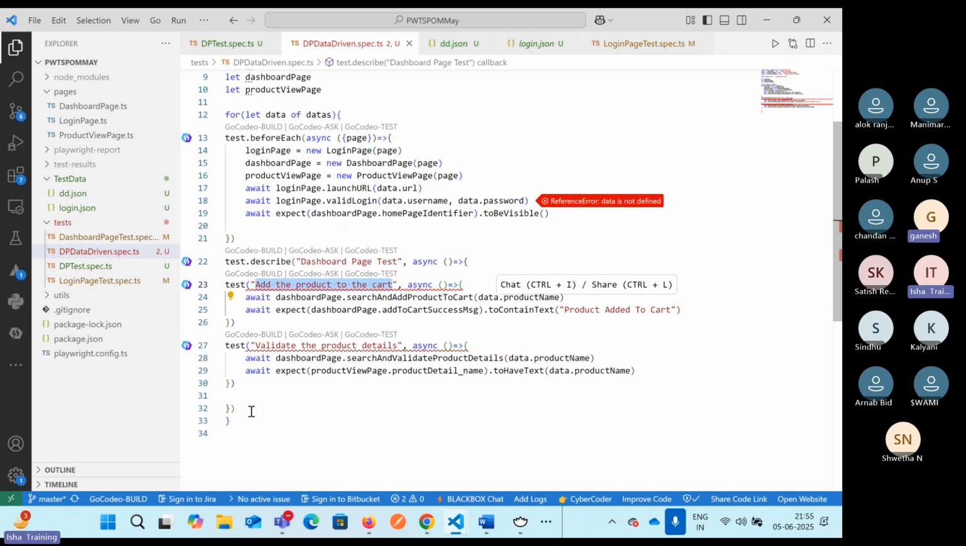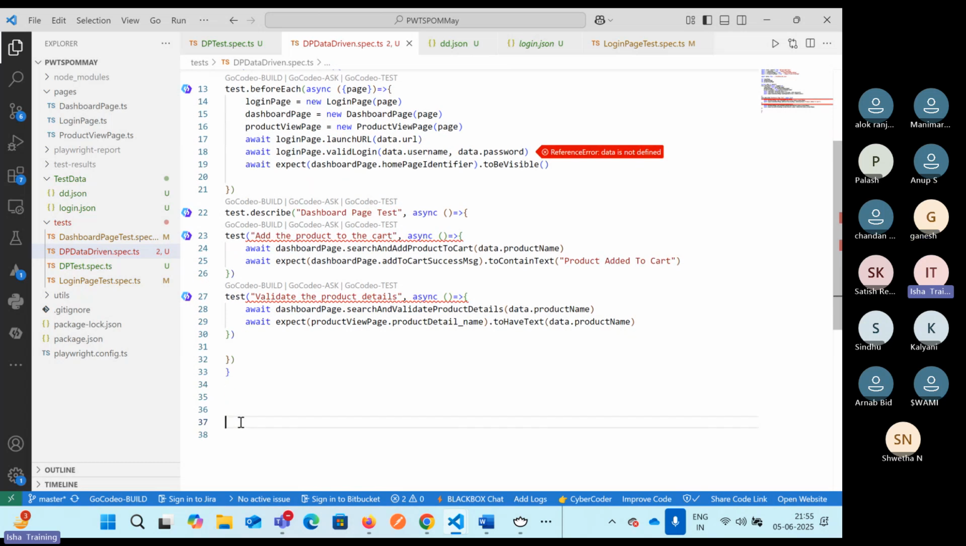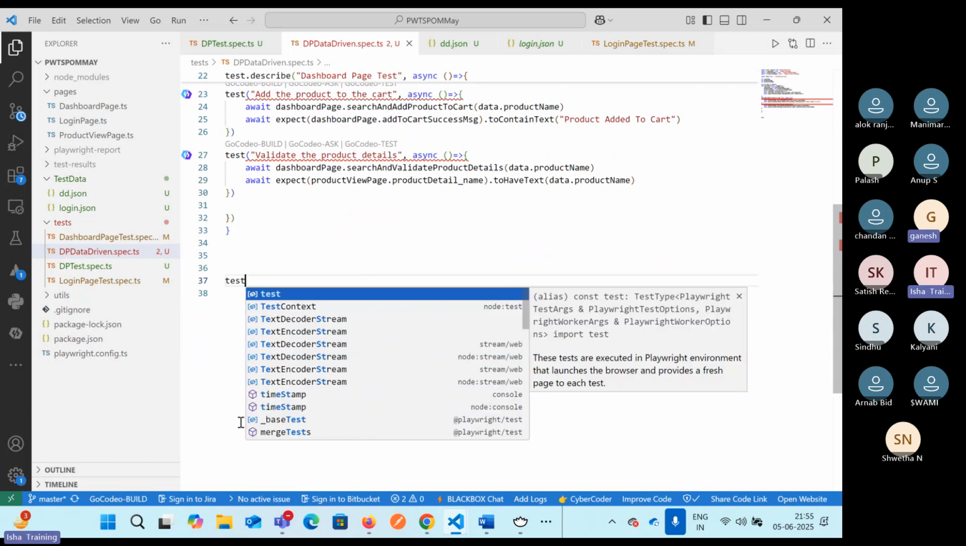Example, let's go back over here. When you say it as a